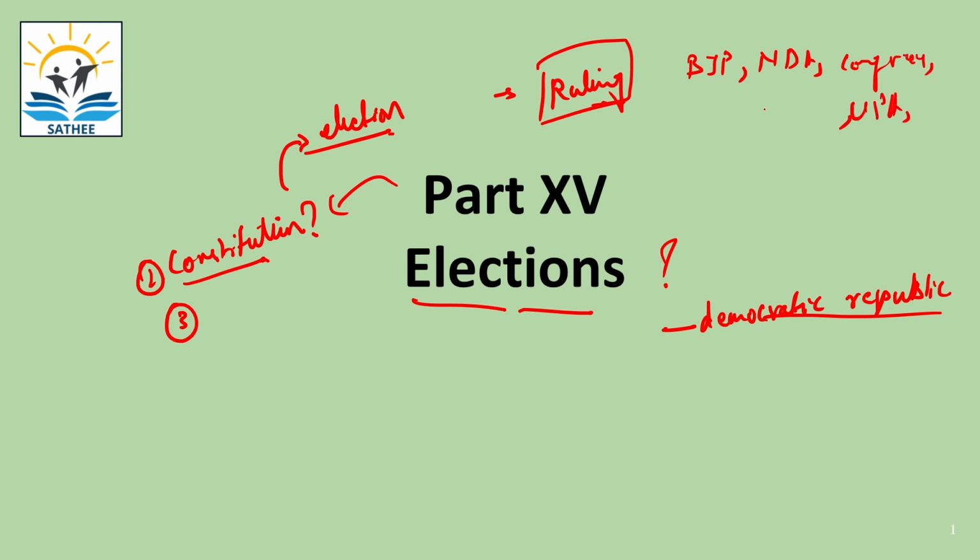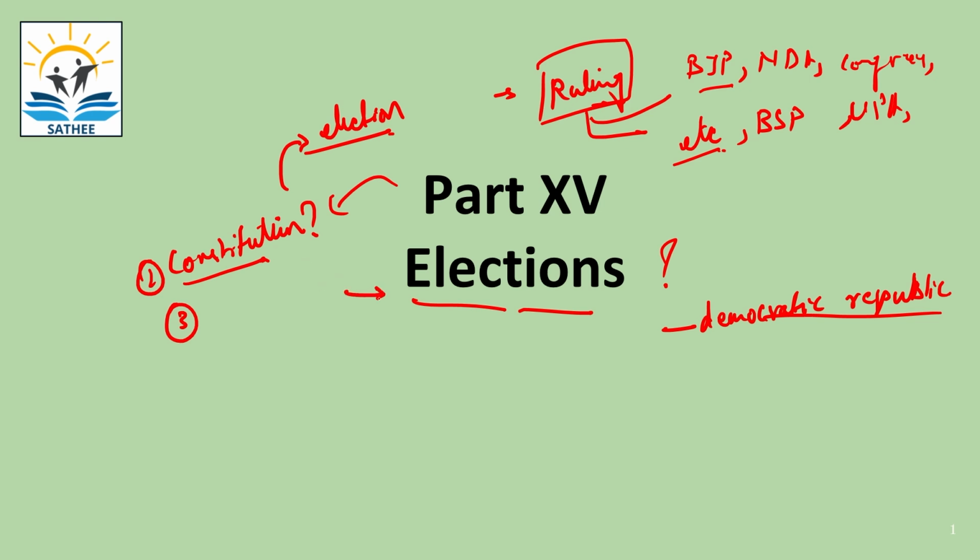Then you have another party, like BSP. Then other parties, etc. So all these parties are there. So if there is any ruling government coming from different parties, then obviously they will be favoring that particular party itself. So in order to make sure that the elections are taking place, and when the elections are taking place,